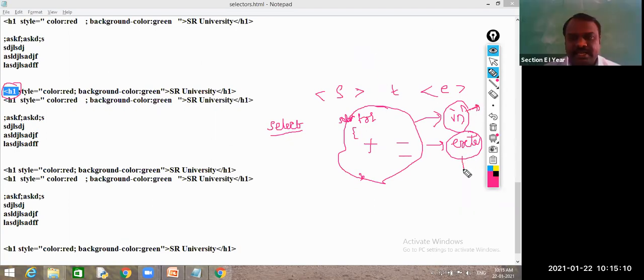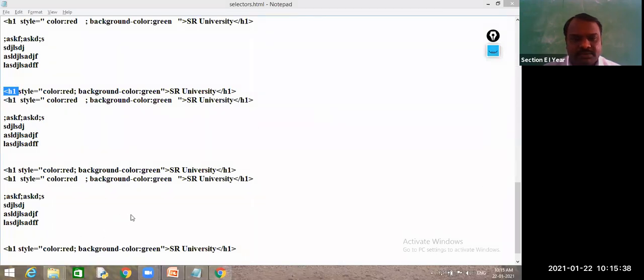Very good. External is nothing but a separate file. We will save that with the .css extension. And how can I import the CSS into another HTML file? Which tag did we use? Link tag. So using this link, we have connected this external CSS file to your HTML program. These things we have learned. So now what is our job? I want to write an element selector, for the H1 element. So we will see how to write this.